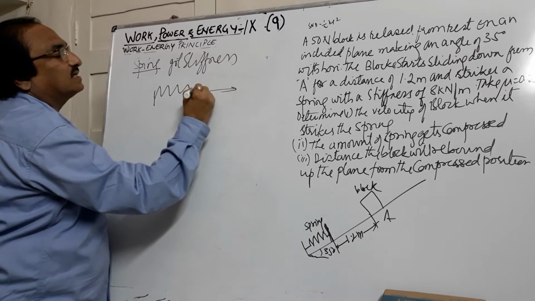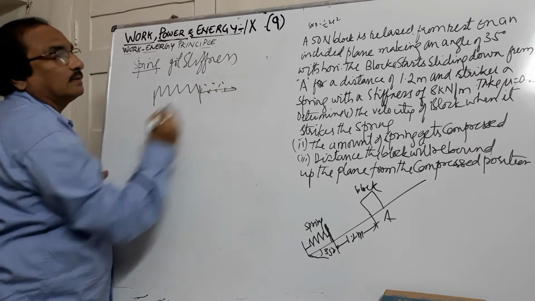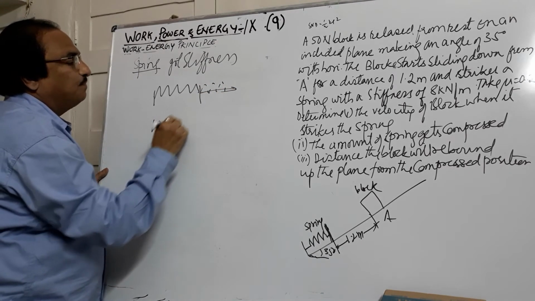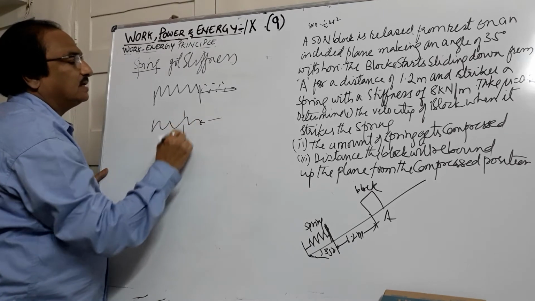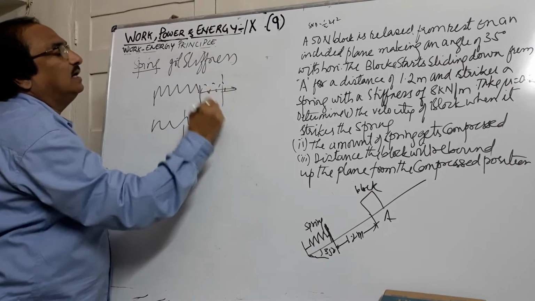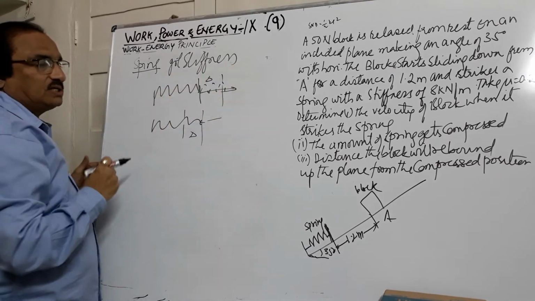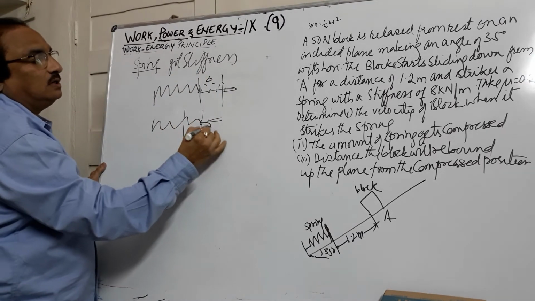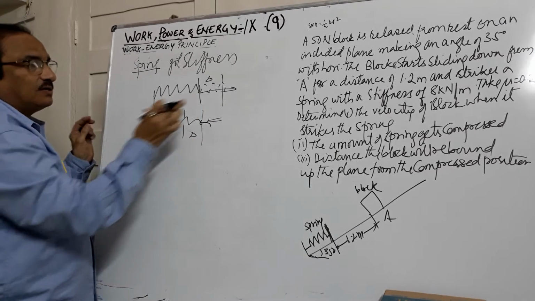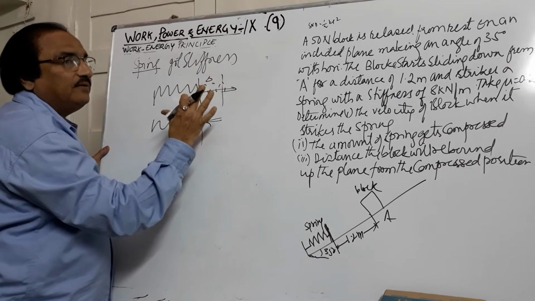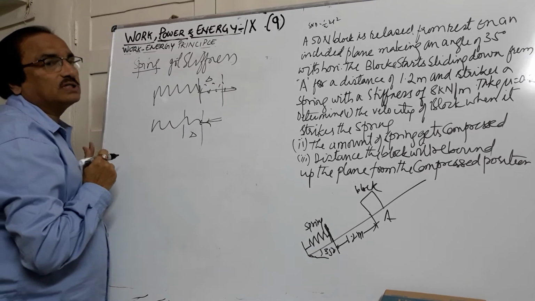If I pull it, it gets stretched, and if I push it, it gets compressed by an amount of delta. So tension will be causing stretching, compression will be causing the compression of the spring. Suppose if I pull the spring and leave it, it will come back to its original shape and size,